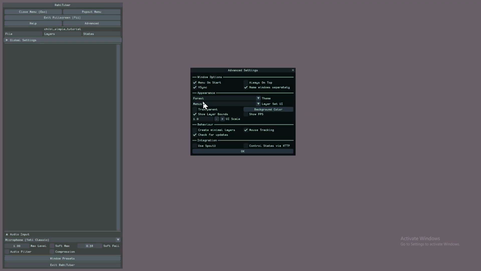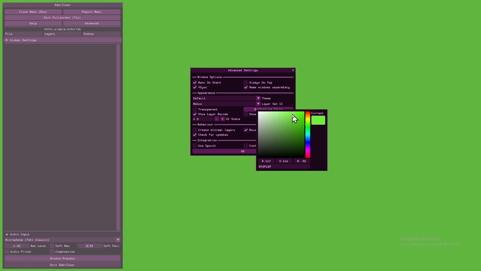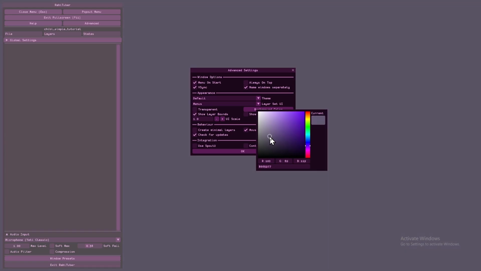So we can get into these appearance settings. This theme is pretty straightforward. It'll switch the colors of things. And here's menus. We know what it does though. Turning on the transparent toggle will make your whole window transparent except for your avatar. Normally I do have that turned on, but I didn't turn it on for this part of the tutorial because I didn't want to show the mess in the background. You can also set a background color though. You can change it to anything you'd like. In some cases you might want to have a green screen behind your model, and then in this case you can set your green right there.